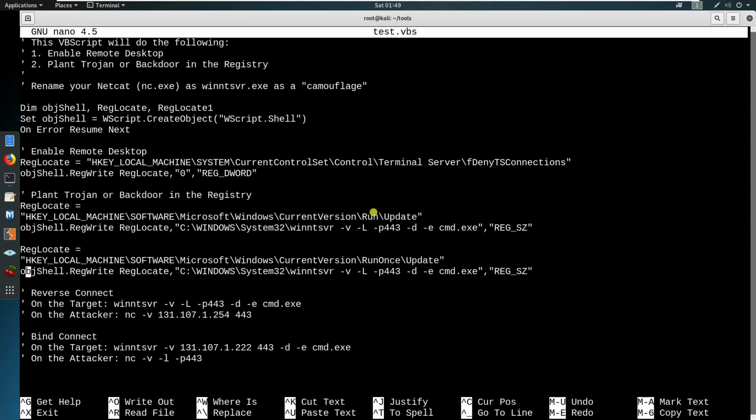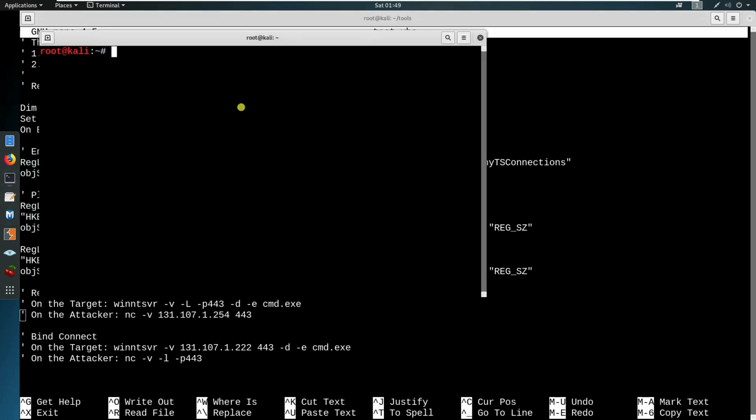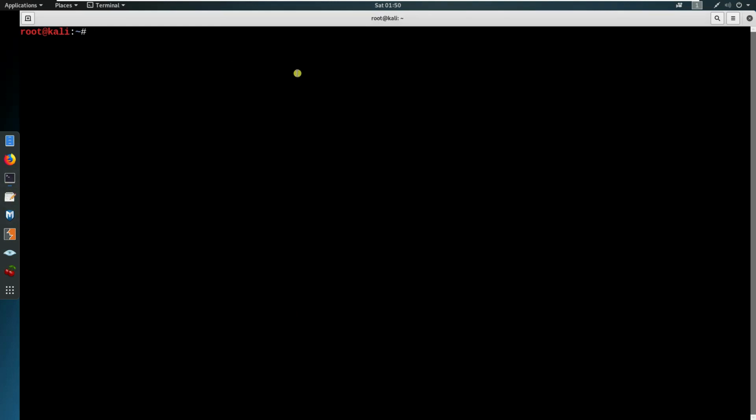So to do a reverse connection, you can just run this one. On the target machine, we run this, and on the attacker machine, we run NC. So just waiting for the connection. For example, we can specify Netcat to listen for a connection for reverse connect. So let's say I'll run my Netcat: nc -v -l -p, or -lp. Then you can specify a port, let's say